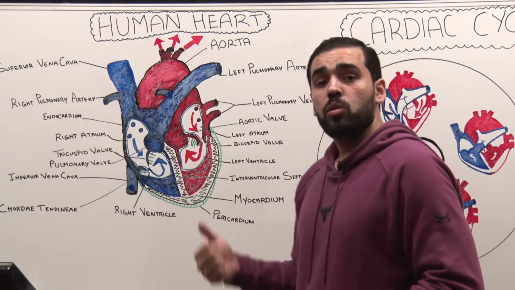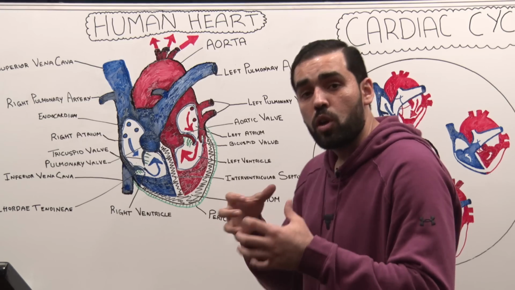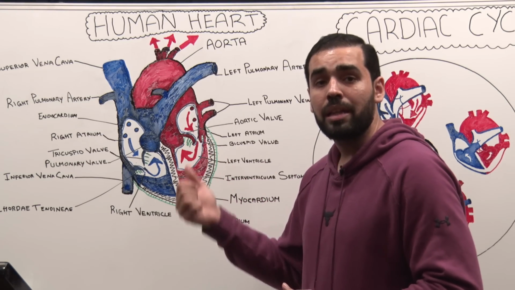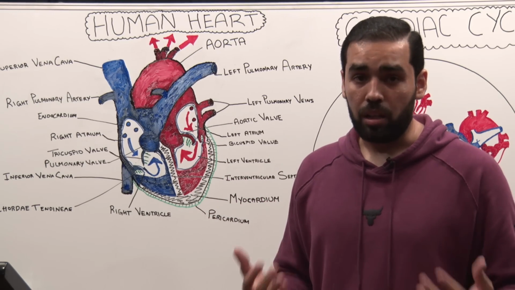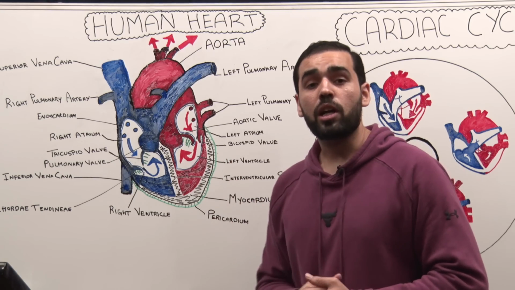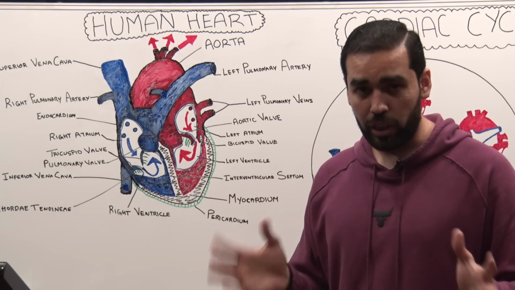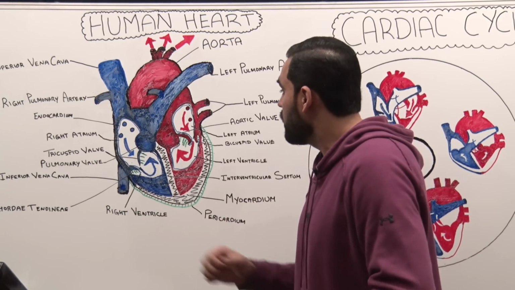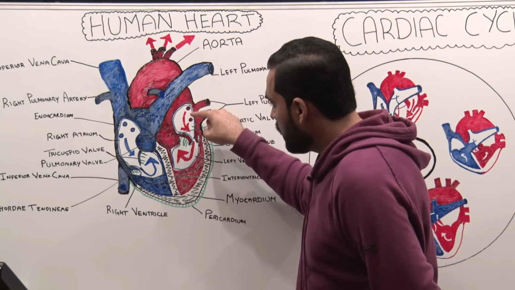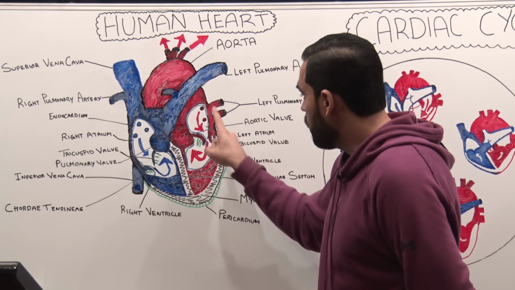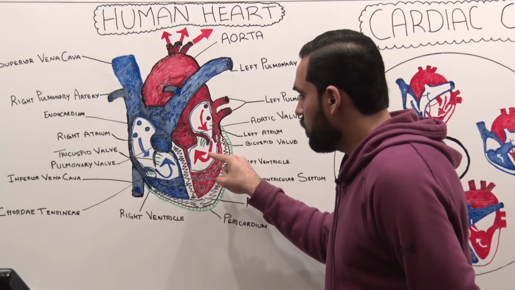Because if these valves don't close properly and the ventricles contract while the valve is still open, that is called a regurgitation, and that's a pathology. But here we're talking about the basic physiology. This is a normal functioning heart and we don't have any pathology here. So both atriums are basically pumping the blood into the ventricles, and the ventricles are pumping the